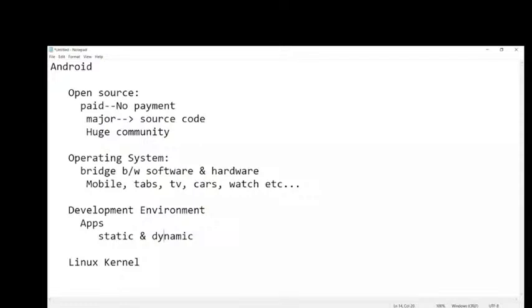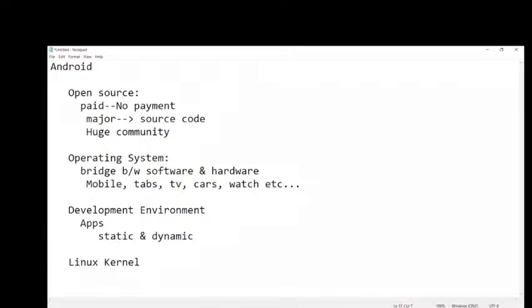Static means fixed inputs that cannot be changed later, but dynamic means the data is updated every day from the database; it is interacting with the database. So using Android we can build two types of applications: one is static, the other is dynamic.